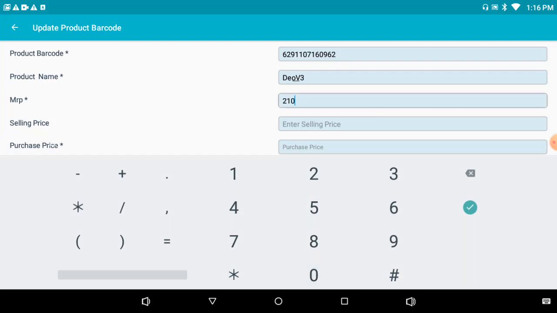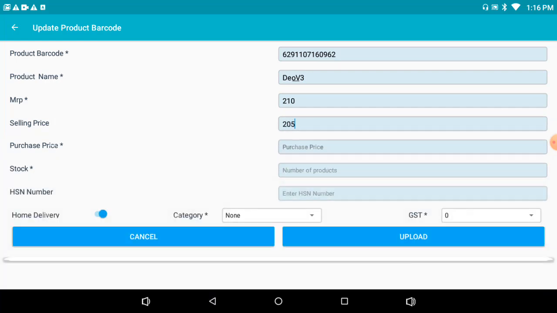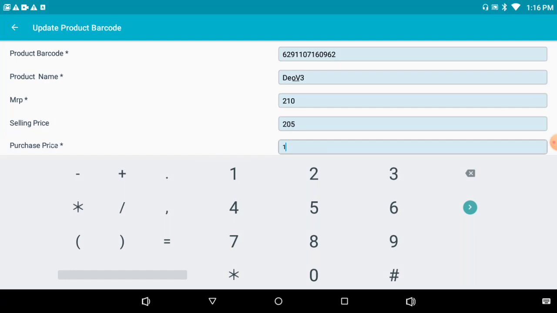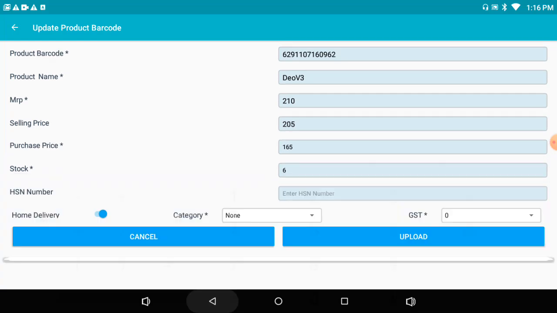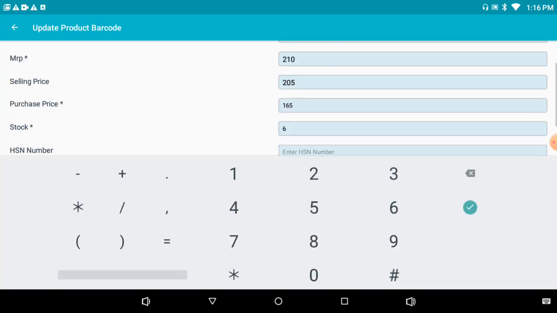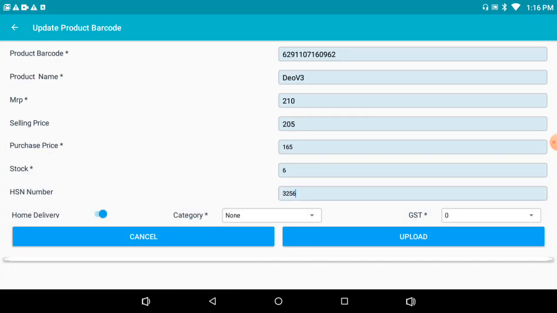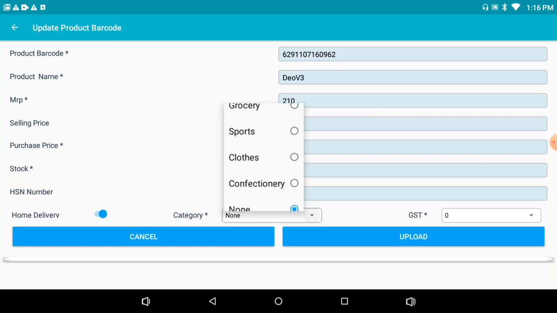We are taking MRP as 210, selling price as 205, purchase price as 165, stock 6. For the HSN number, we can leave this field blank as well, but it is recommended not to, because I have already said that in the near future all the GST filings will be based on the HSN number.